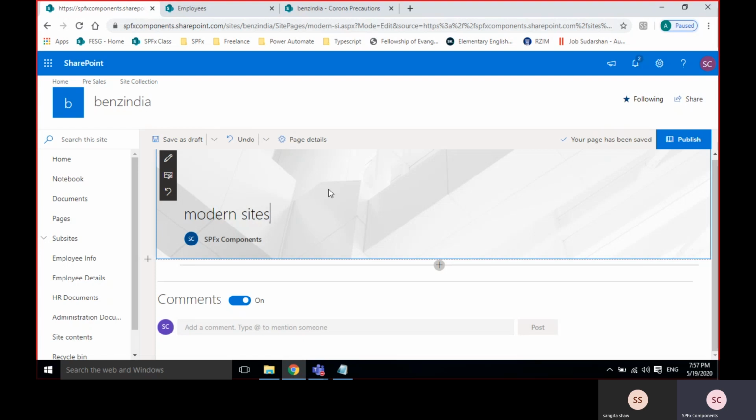Till 2010 I worked on the 2007 version, later moved to 2010 for some 3 to 4 years. Then 2013 and the latest versions, based on the year whenever they release, I moved to the project.